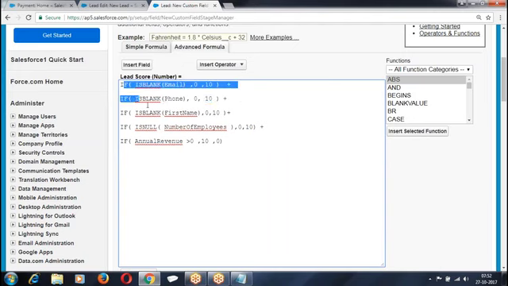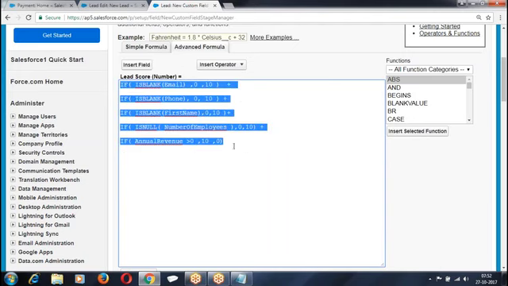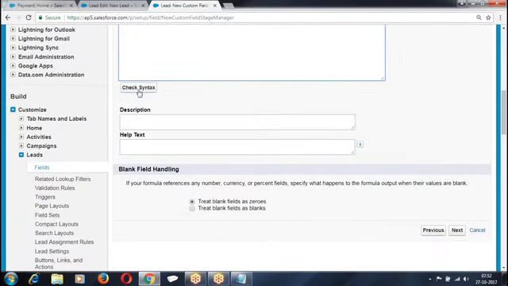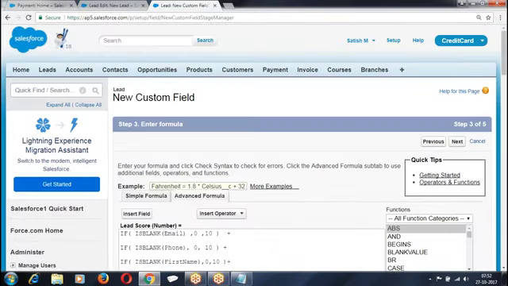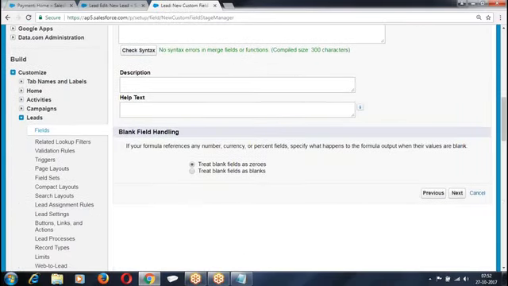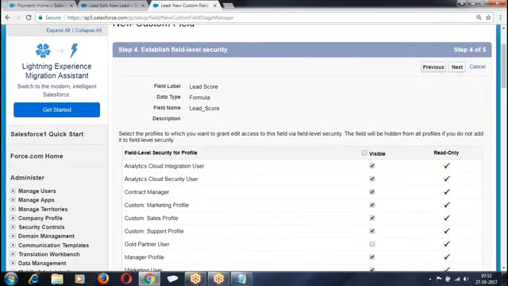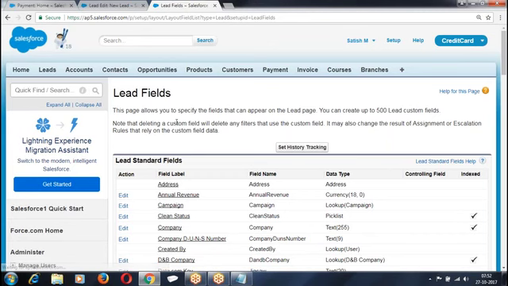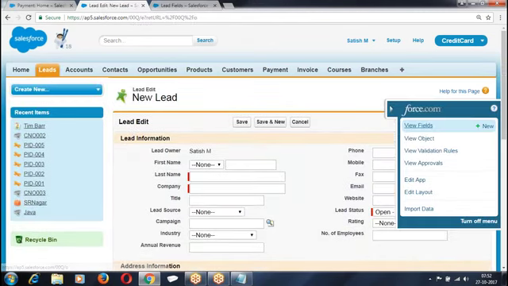Once you have created this, you are supposed to check the syntax. No syntax errors. Next. This is how we create it. Go to any one of the lead records.